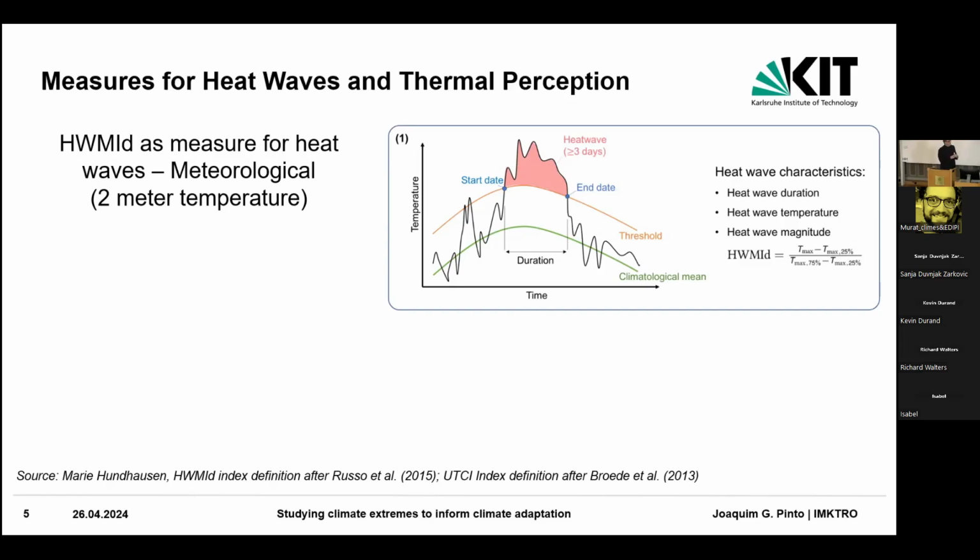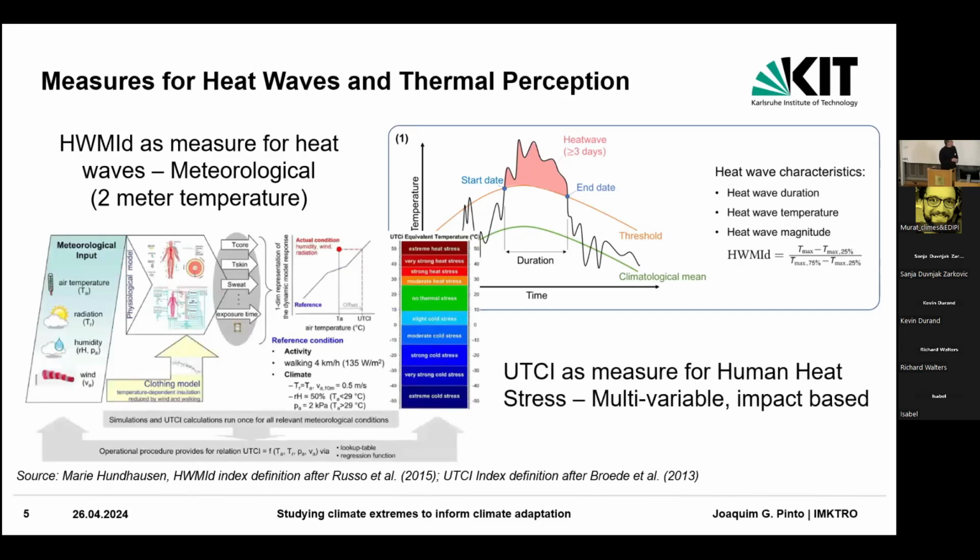And for comparison, we use an index for human heat stress, which is called the UTCI, that also considers humidity and